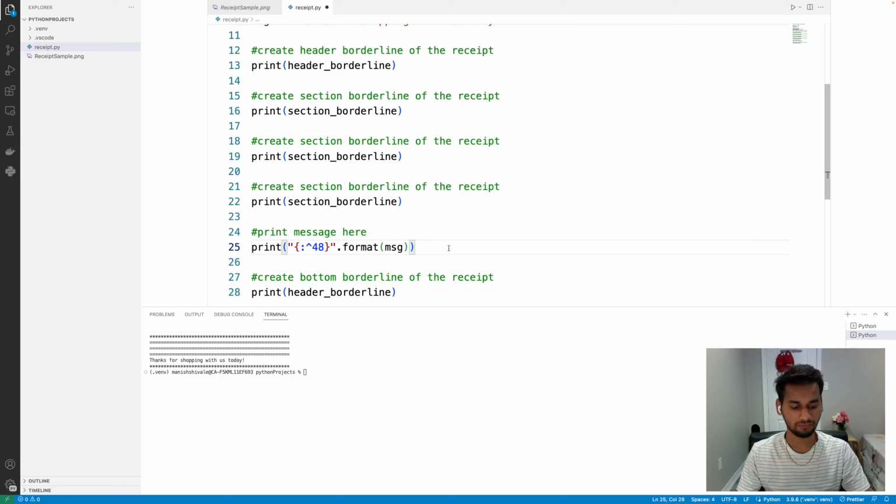So I want to format this message, and it should be in a central alignment, two from left, two from right, because in total it is 50. So that's why we said it is going to take 48 characters. So let's run it again. There you go. You see, from both sides we have equal